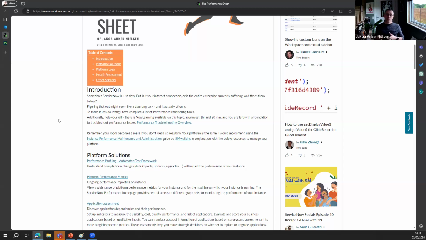Essentially, what transaction call chains allow you to do is to track specific transactions. So let's say that you have users complaining about a slow performing form or a dashboard. You are then able to go into the transaction log. You can find specific entries where you can see that a user has visited this form here on this specific URL, and hereby knowing also by the timestamp if it's the correct transaction you have found that matches with the reported slowness. The cool thing now is that on a UI action on the transaction form itself, once you open